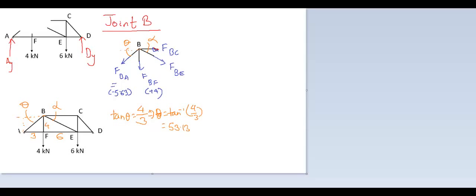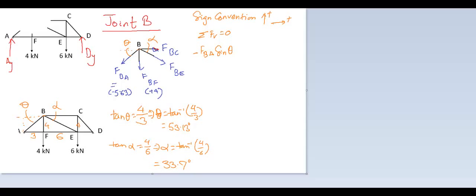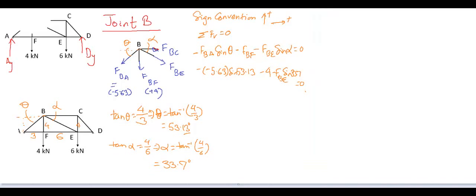So let's assume them as theta and alpha and calculate the values of tan theta and tan alpha, which will be 53 degrees and 33.7 degrees. Now the sign convention for equilibrium equations. Summation of force in vertical direction equals 0. Here FBA is acting downward, so FBA sin theta and FBF, all acting downward, would be negative. Substituting the values and solving,